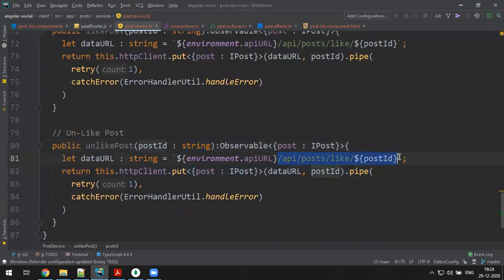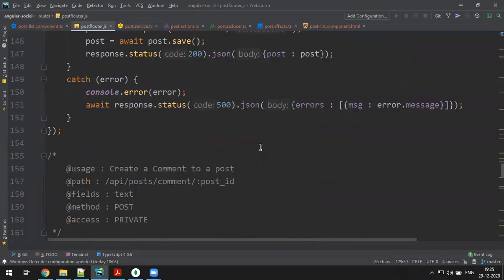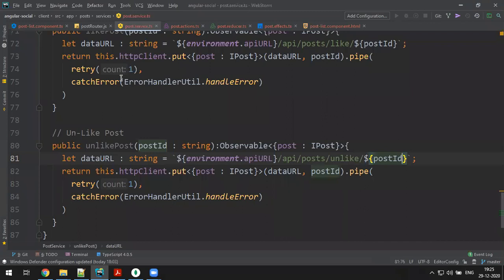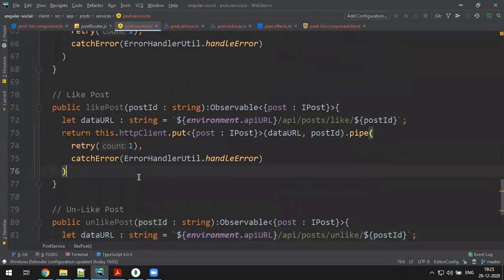Yeah, unlike post ID. You get back the post only because I changed now. You just get back the post only. Okay, post only, and I think that's fine. That's fine. So like and unlike, make actions.